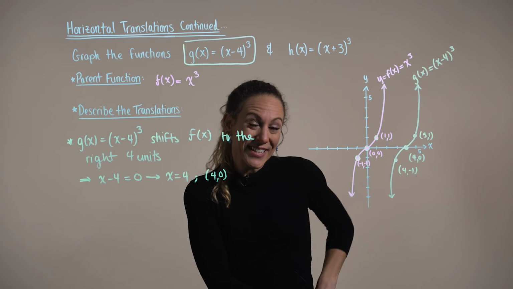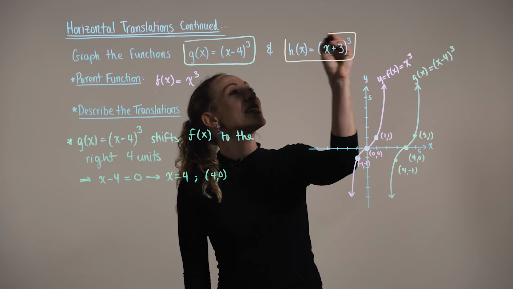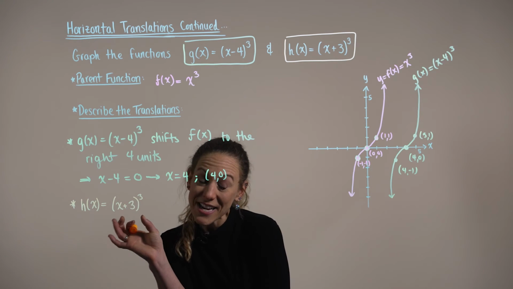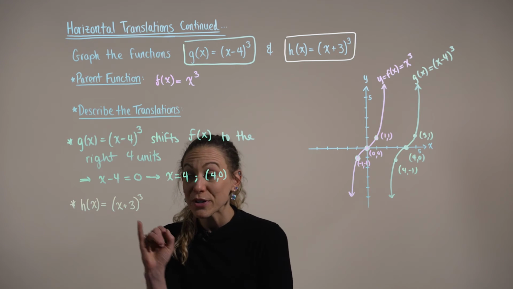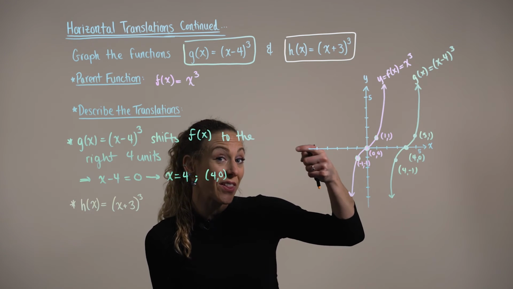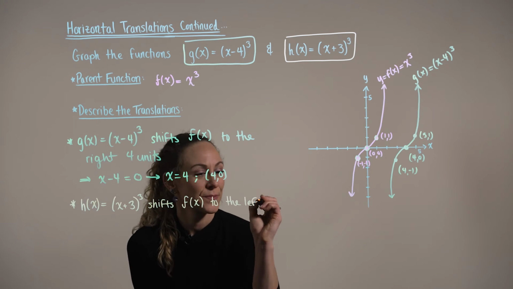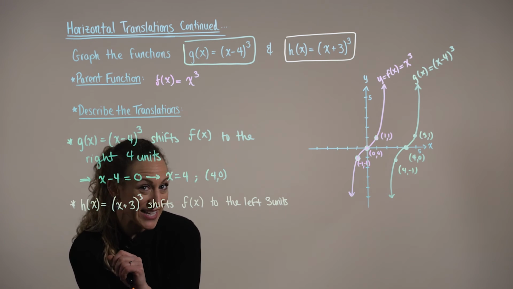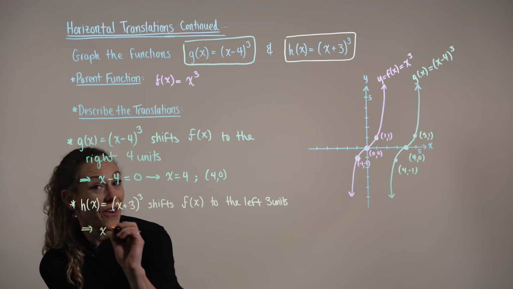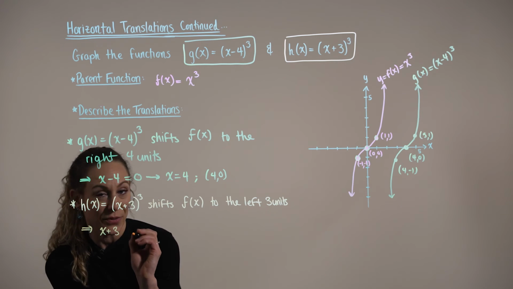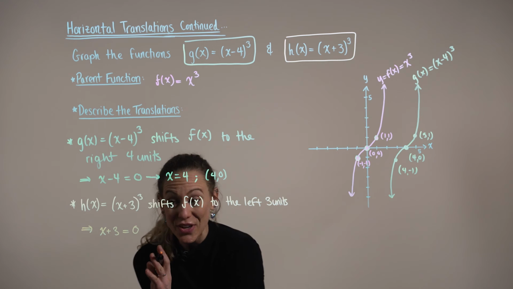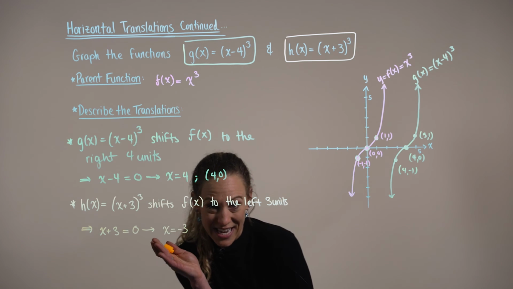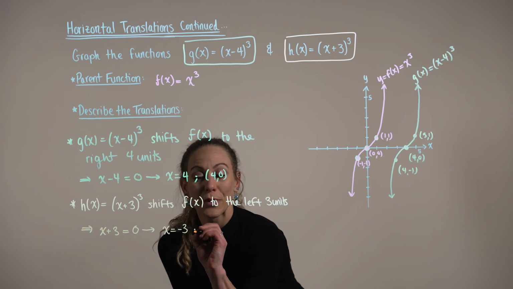Next, let's go ahead and consider our second given function, h of x is equal to x plus 3 cubed. Now looking at this function, here we see that we're adding a constant 3 to x, which implies that we're going to shift the parent function's graph to the left 3 units. And again, remember here that we can double check our work by thinking about the new x-intercept. Or in other words, we can take the argument of our function h, which is x plus 3, and we'll set this equal to 0 and solve for x. So subtracting 3 from both sides, we see that we have an x-intercept here at -3, or in ordered pair form,